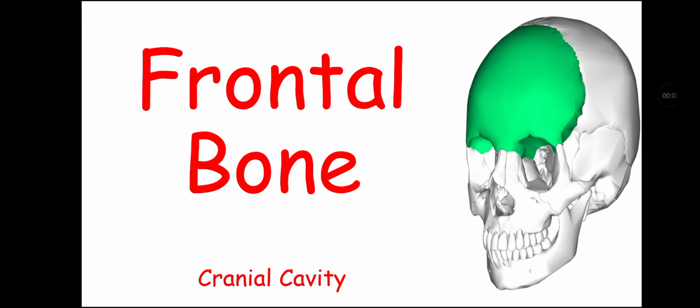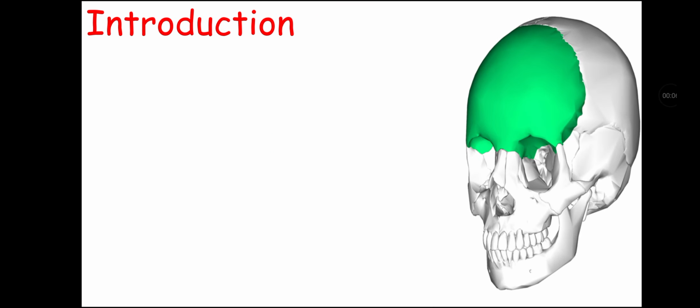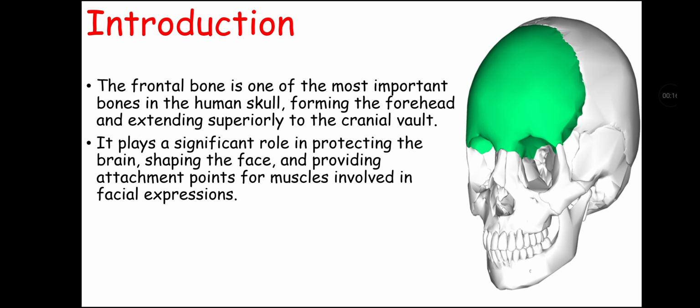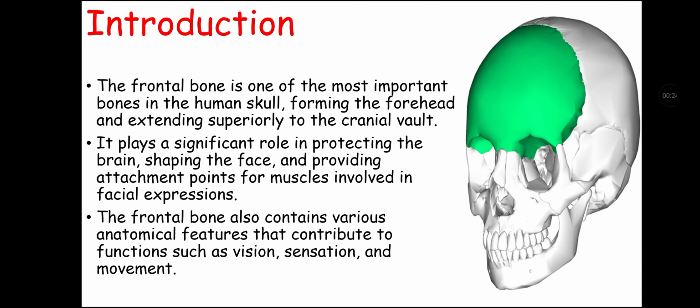Today we are going to talk about frontal bone. We will start our topic with introduction. Frontal bone is one of the most important bones in human skull that forms the forehead and extends superiorly to cranial cavity. It plays a significant role in protecting the brain, shaping the face, and providing attachment points for muscles involved in facial expressions. The frontal bone also contains various anatomical features that contribute to functions such as vision, sensation,